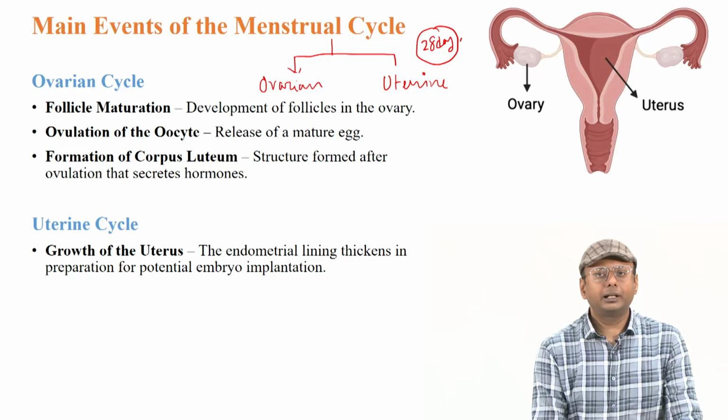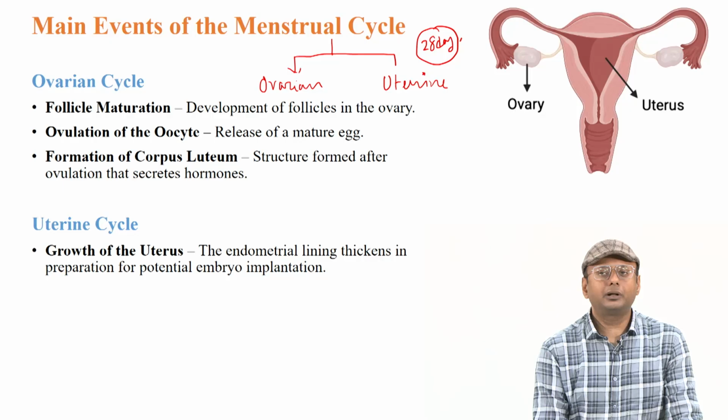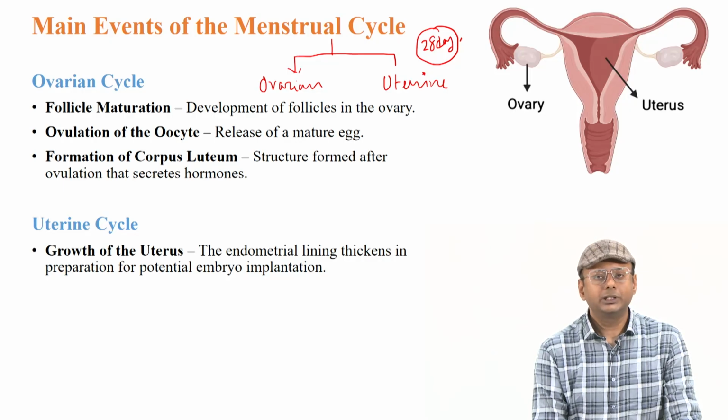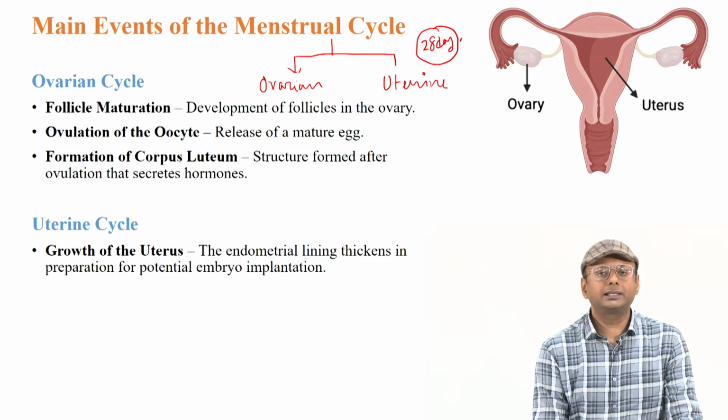For example, first the egg starts to mature, where follicular maturation happens, which is basically the development of the follicles in the ovary. Then, when the follicular maturation happens, inside the egg it goes from meiosis 1 to meiosis 2 and is arrested in meiosis 2. You remember the next stage, at day 14,